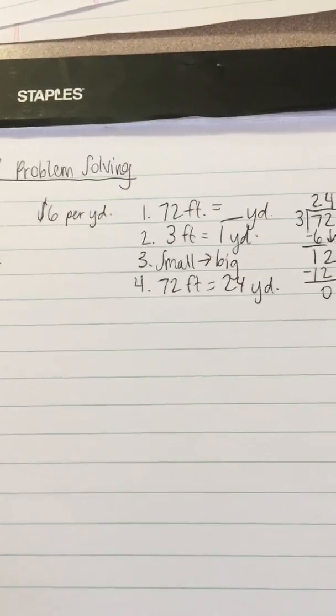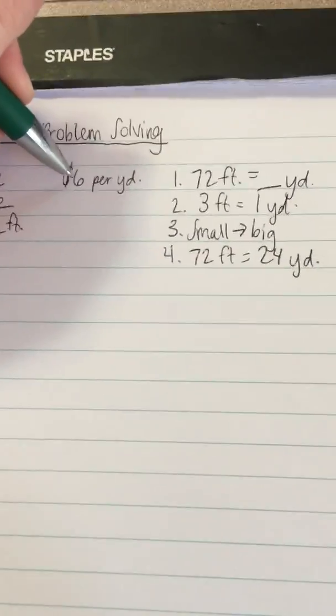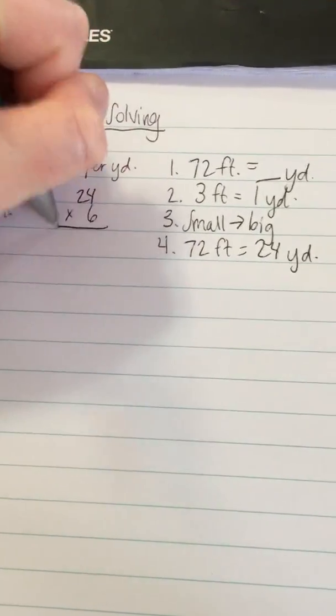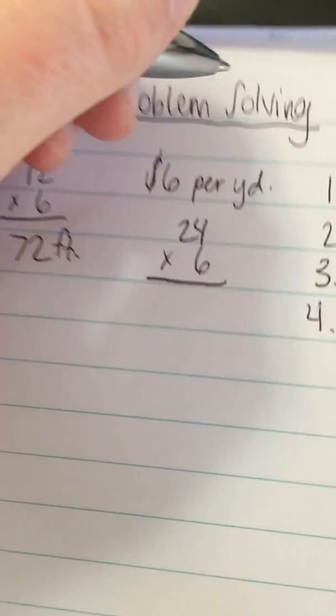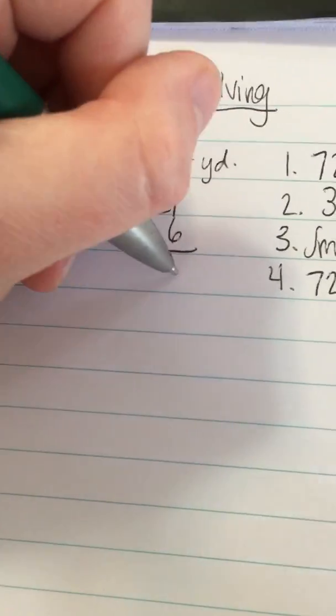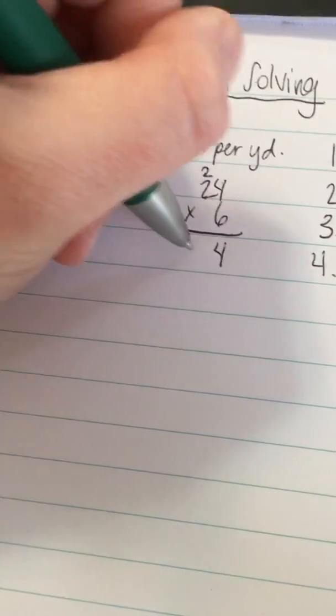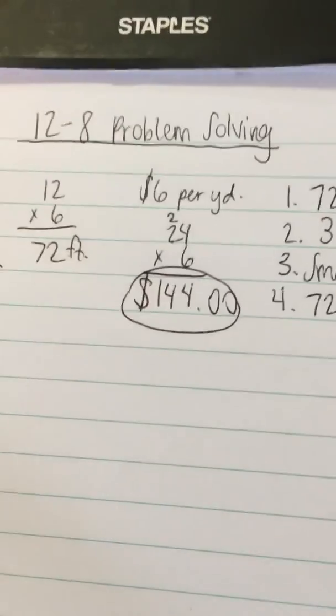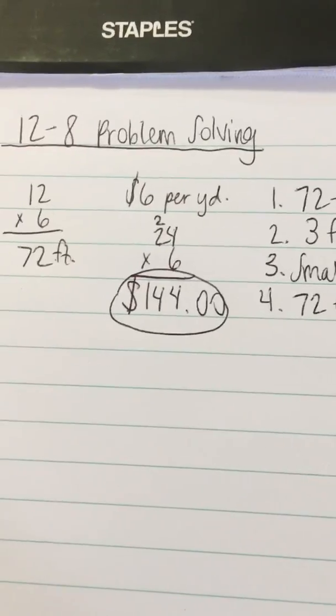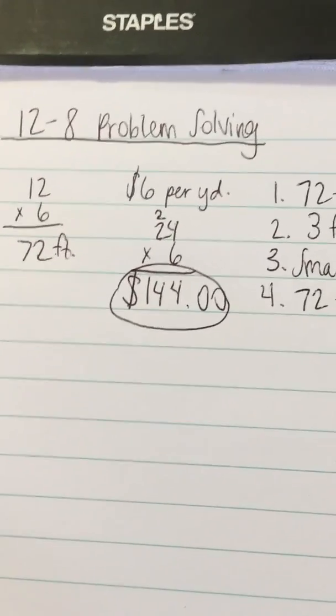I'm close but not quite finished yet. It's $6 per yard, so I have 24 yards. So I have to do that 24 times 6, okay? 6 times 4 is 24. 6 times 2 is 12, plus 2 is 14. So total, it is going to cost me $144 to put brick around my garden. All right, next up, number 2